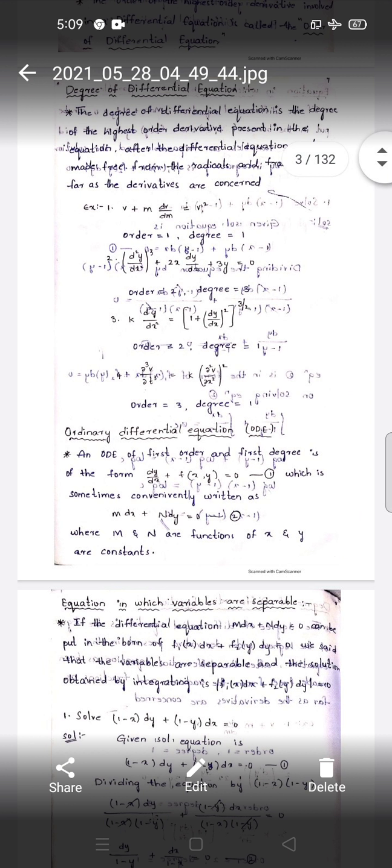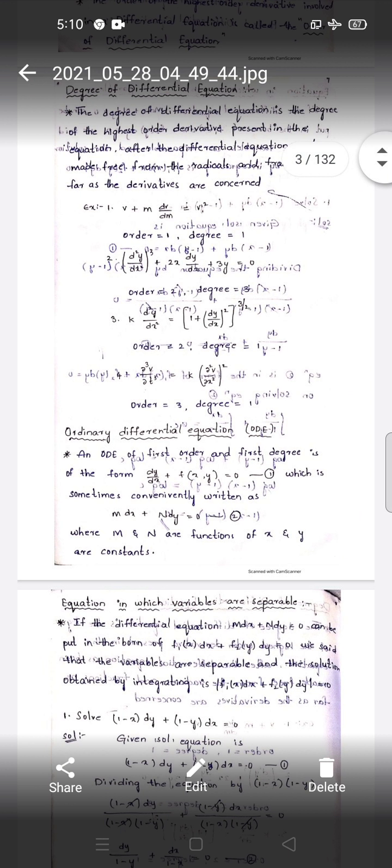So next, equations in which variables are separable. Very important topic: variables separable. What is variables separable? If the differential equation M dx plus N dy is equal to 0, the ordinary differential equation of the form, sometimes conversely written as M dx plus N dy is equal to 0,